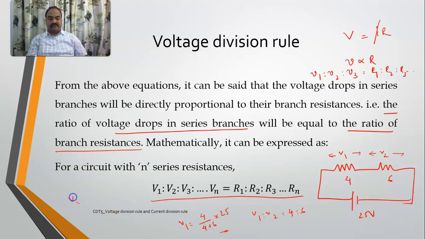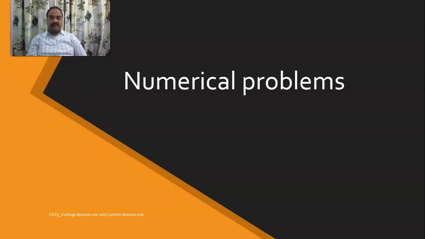Then what is V2? 6 by (4 plus 6) into 25. I think you know how to do this type of ratio problems, right? So I am directly taking these equations. So this is the concept of the voltage division rule and current division rule. The current division rule is applicable for parallel circuits, whereas the voltage division rule is applicable for series circuits. And in the next